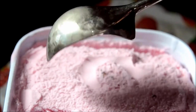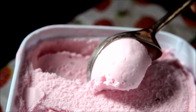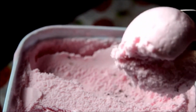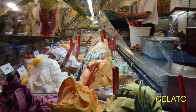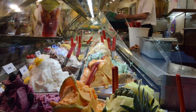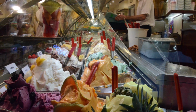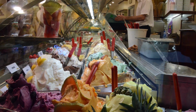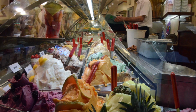At 5 we have gelato. This might seem like an obvious choice, as it's almost impossible not to stumble upon a gelato shop on every busy street in Florence, but no list would be complete without it. Legend has it that a native of Florence, Bernardo Buontalenti, invented gelato to impress the ruling Medici family in the 16th century. Whether that's true or not, we'll leave it up to you to decide, but we're sure glad that